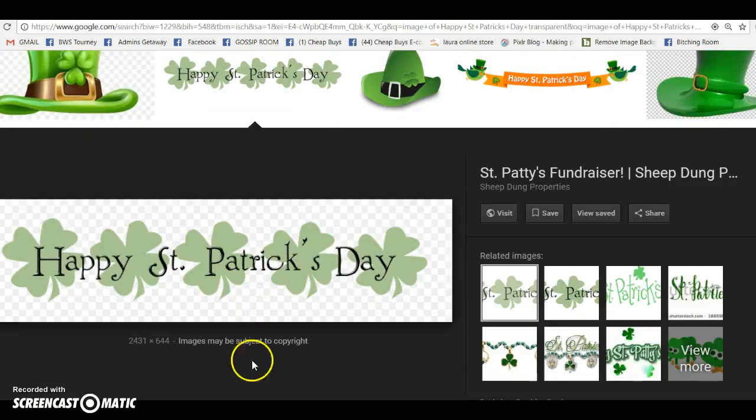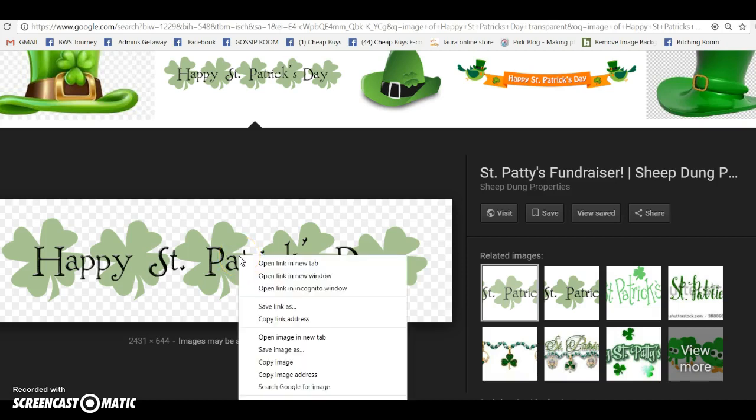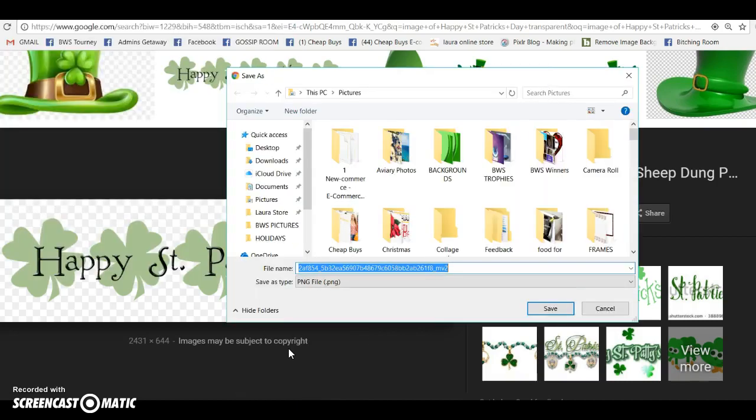That's kind of cute. Okay, this is also a transparency because see all these blocks? Again, that means that there is not a background. All you're going to see is this Happy St. Patrick's Day with the clover right here. So say you want to save this. You're going to right click, save image as,